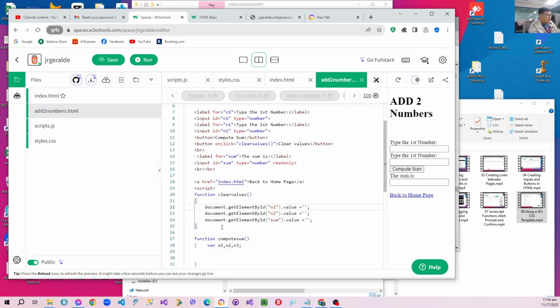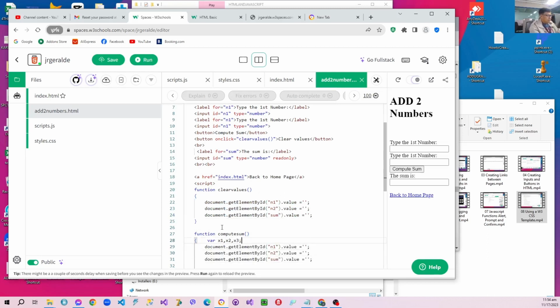Okay, we just copy this. Rather, two of these only. We can copy until the third. So x1 is equal to get